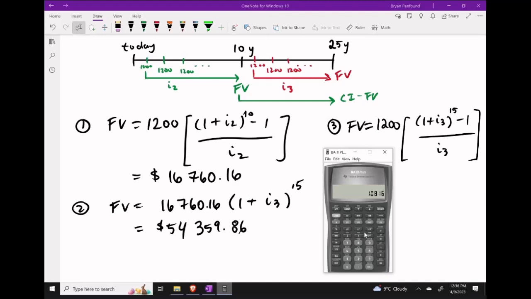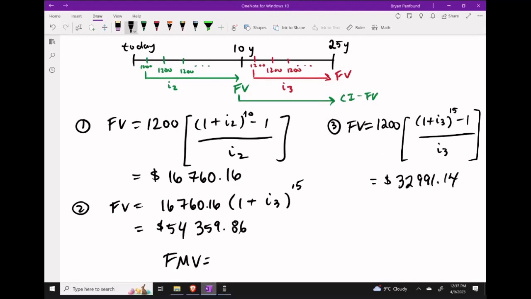Close that bracket, and we're going to raise this to 15, and then subtract 1. We need to divide this by I3, so divide by recall 8, hit equals one more time, and then we're going to multiply this by our payment size of $1,200. That's going to give us a future value of about